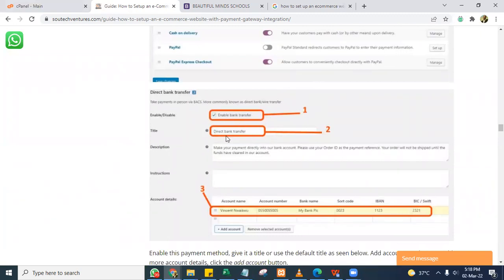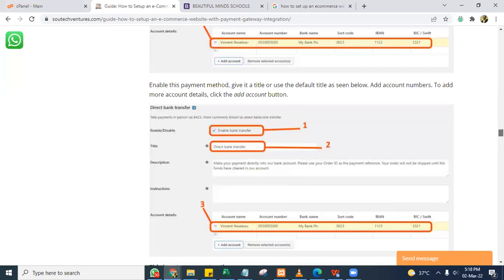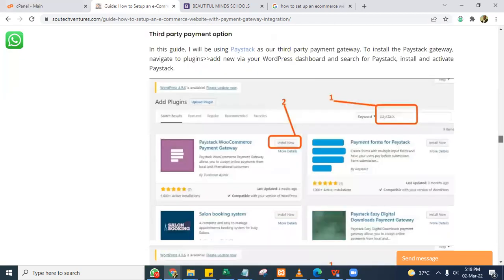Tell it what you want to be seen. Then for the account details, you can put your bank details. My name is Vincent, or my name is Victor, or whatever. You put your name, your account number, your bank name. So this is what your customer is going to see while he's trying to make an order, right? Good as that. The next thing is, so you see from here, from the guide,